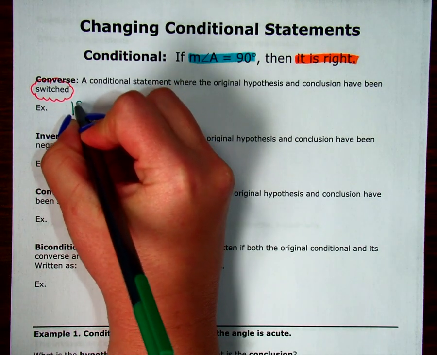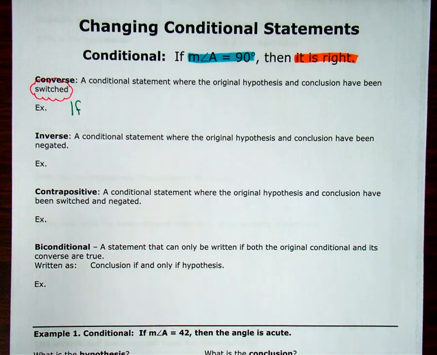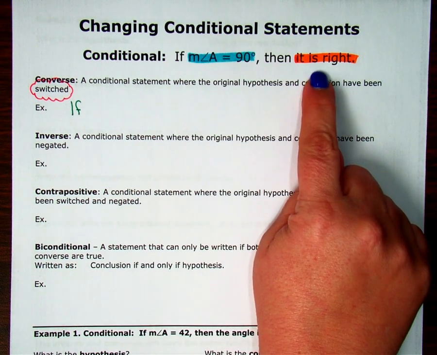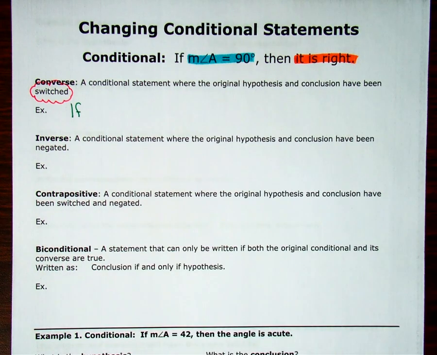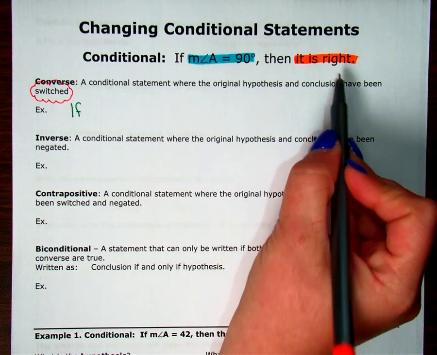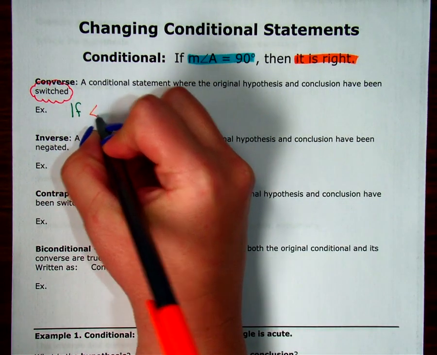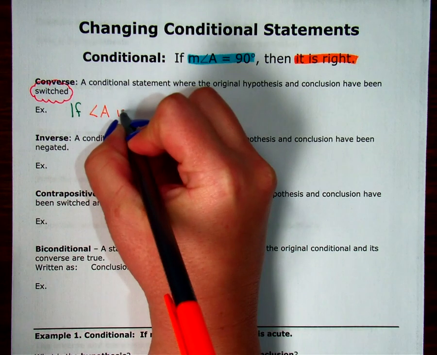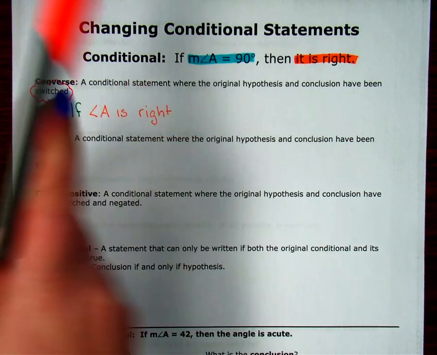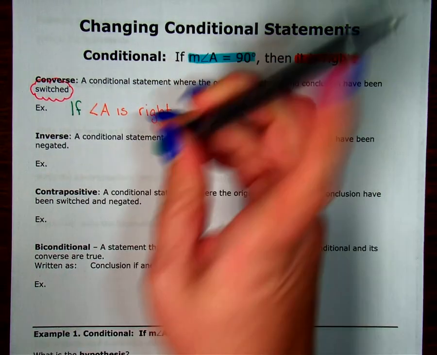My new conditional statement, when I use the converse of this conditional statement, is still going to start with if, but then instead of saying the measure of angle A equals 90, I'm going to use the conclusion to write a new hypothesis. It is right, but I can't say if it is right because what is it, right? It was angle A. So if angle A is right, okay, then